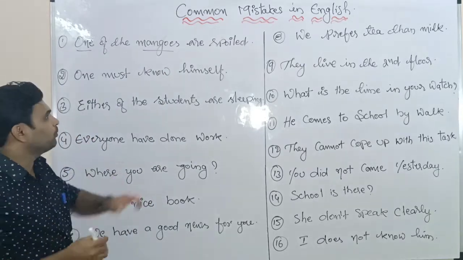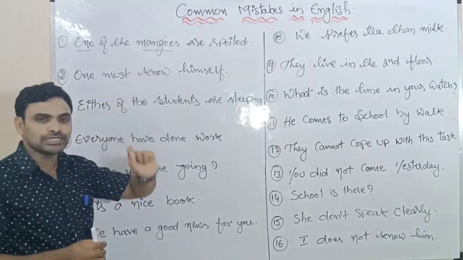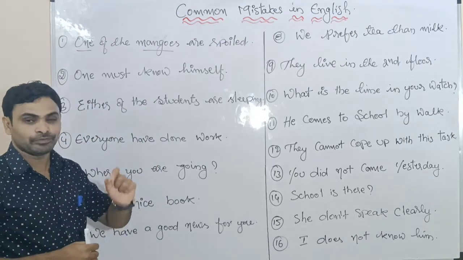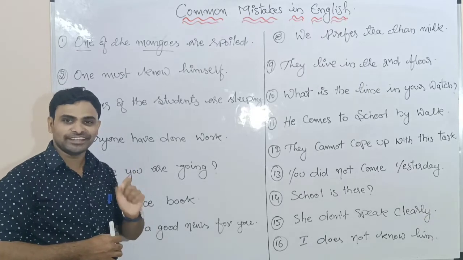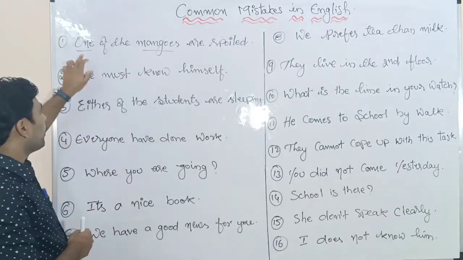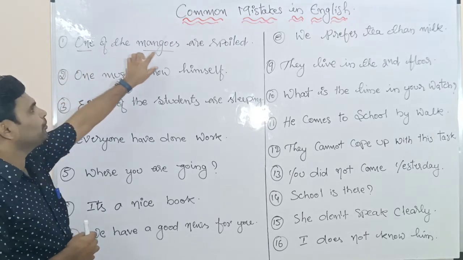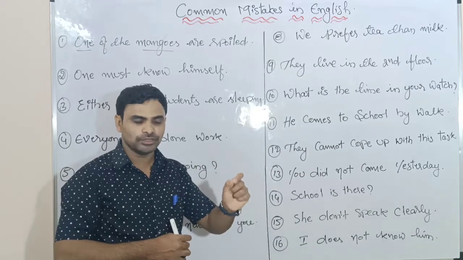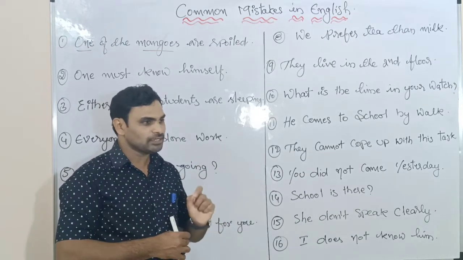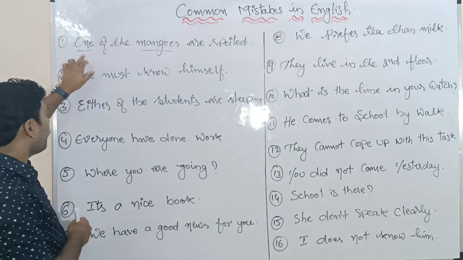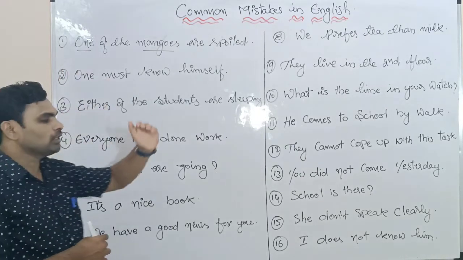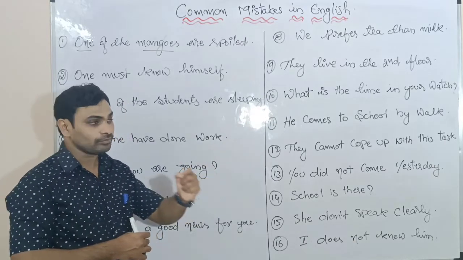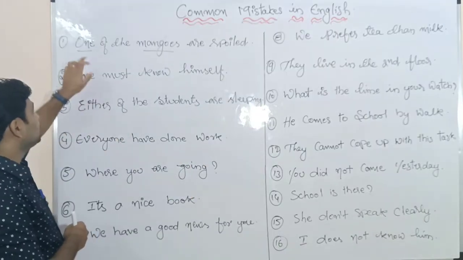We are not speaking about the mangoes which are many or which can be plural, but very specifically and clearly we speak about one. One of the mangoes. There may be five, there may be two, there may be 10. But when we use the word one, it means one of 10, one of five, one of many. So the subject here becomes one